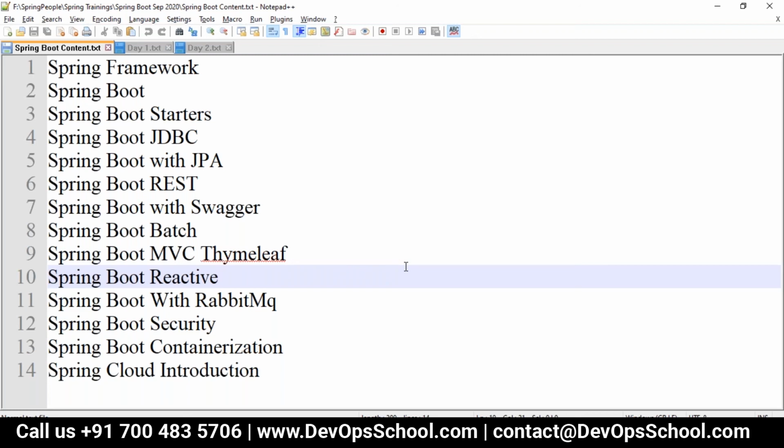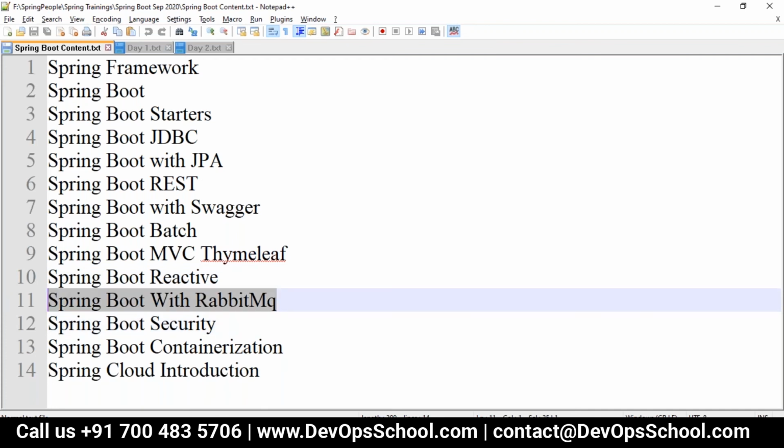We are actually aware of RabbitMQ and all. Maybe you can do those sessions quickly. RabbitMQ and then Swagger, that you already know. Yesterday these two said they wanted more on Spring Cloud, so that instead of working on Spring with RabbitMQ, we can have two or three sessions on Spring Cloud.